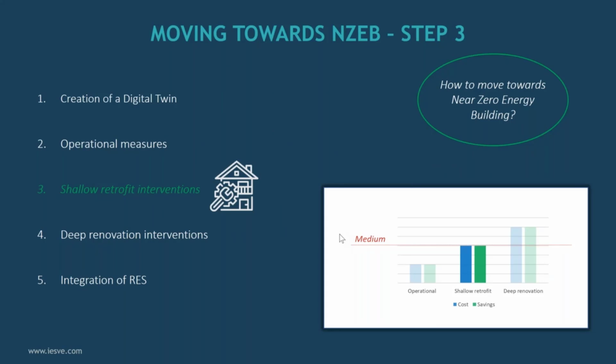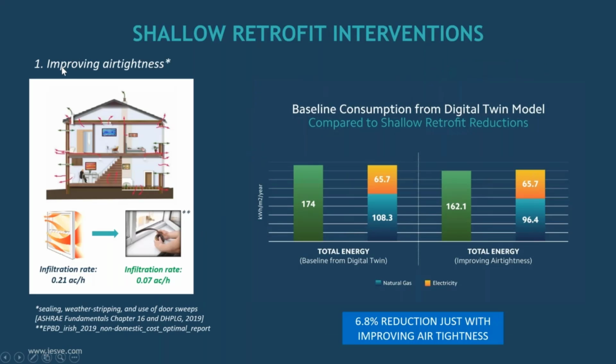Shallow retrofit means that you are not actually doing a deep renovation, so you are not changing the whole aspect of the building, you're not changing an external wall or the roof of the building, but you still need some manual work to do those. For example, the first one that we consider is improving the air tightness. As you know, older buildings are quite air leaking. So the initial infiltration rate was quite high for every room. We were losing about 0.2 air changes every hour in the different rooms, and we reduced that to about 0.07,